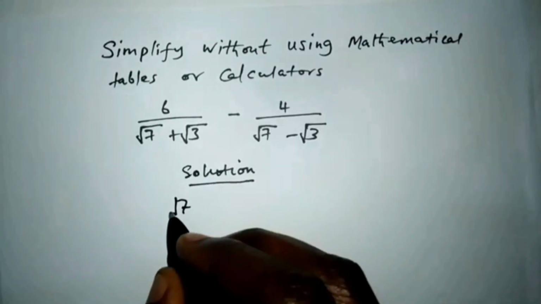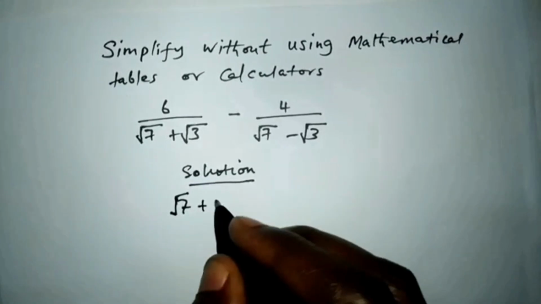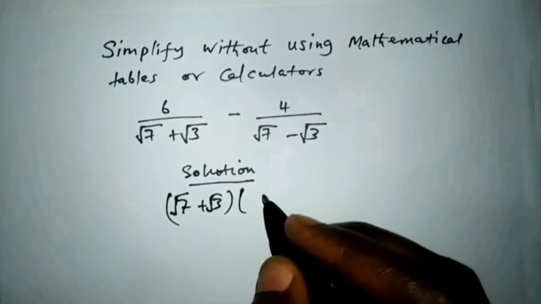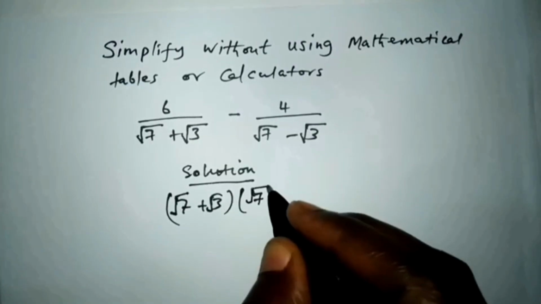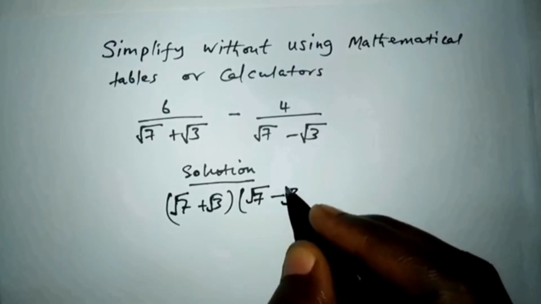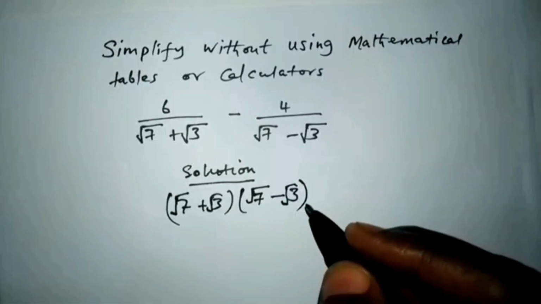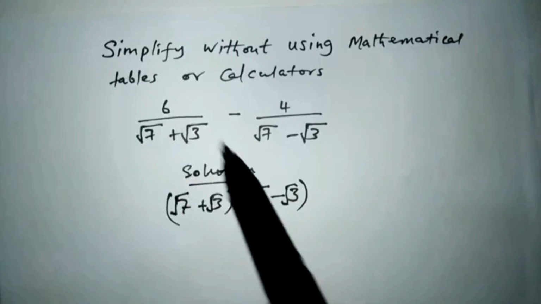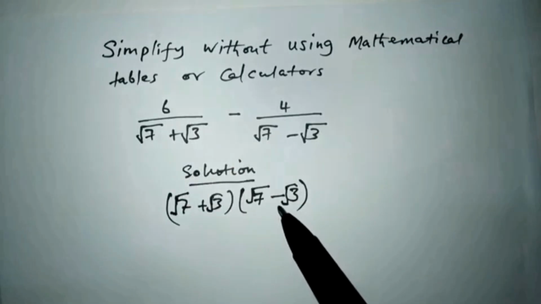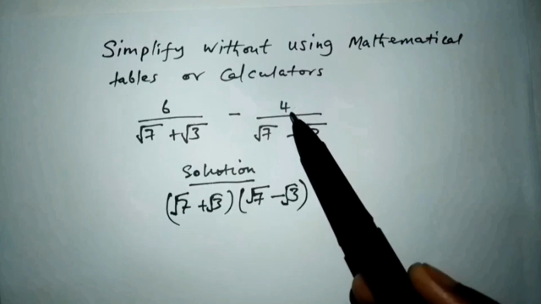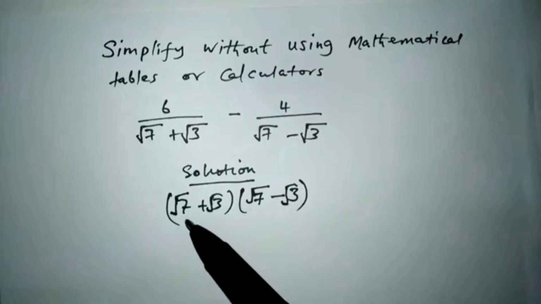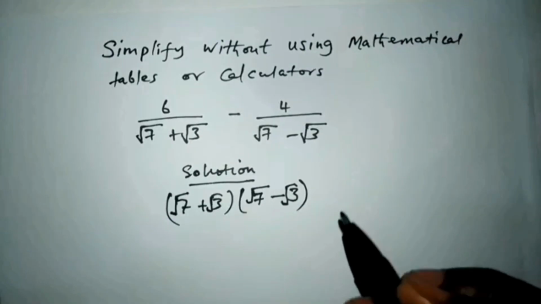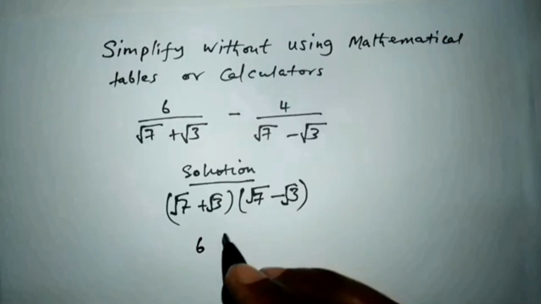(square root of 7 plus square root of 3) times (square root of 7 minus square root of 3). Now we can multiply 6 by square root of 7 minus square root of 3, and 4 we multiply by square root of 7 plus square root of 3, and this is going to give us 6